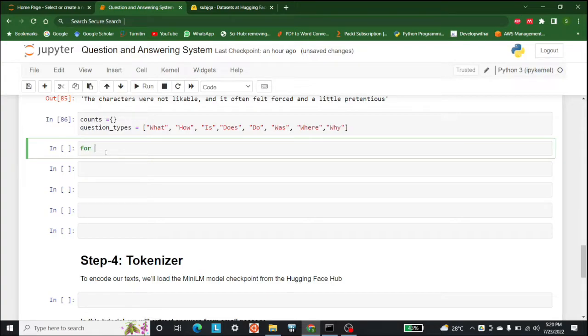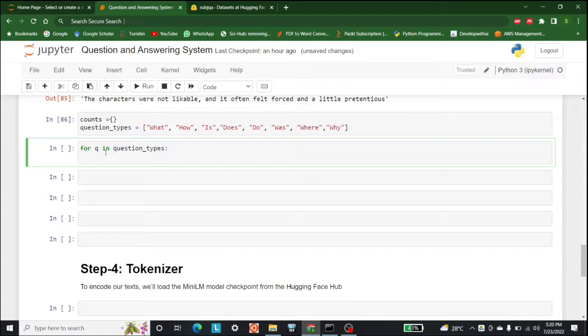So for that, what we will do is, for q we will write a simple for loop like this, and the count variable dictionary basically should be changed according to this q, and it should be equal to data frames train, and then what are the questions,